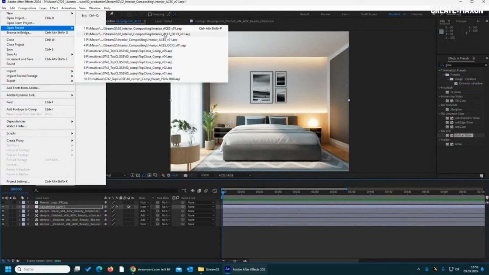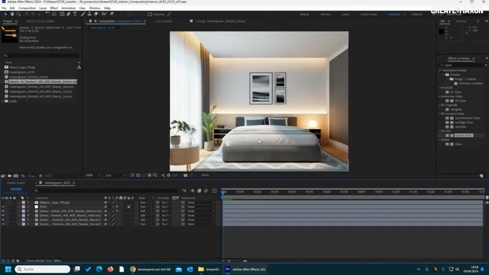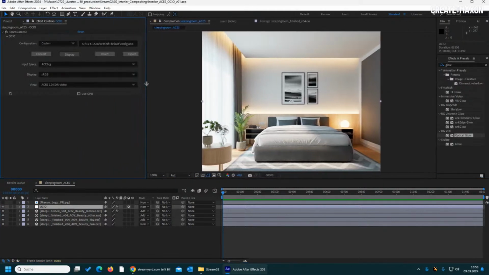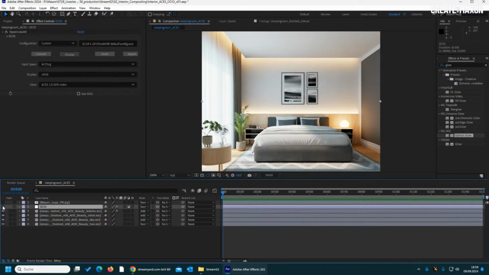But I also want to show you the other way we are doing it. You can see it's looking exactly the same, but the only difference here is we have this plugin, Open Color IO, and it's just set to input space ACES CG and display sRGB. The view transform is also ACES SDR video, and that's it. And it's just added to an adjustment layer above the